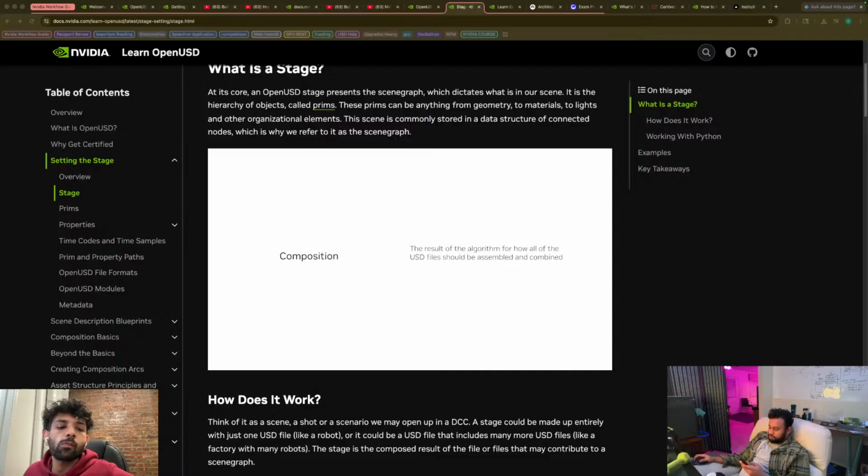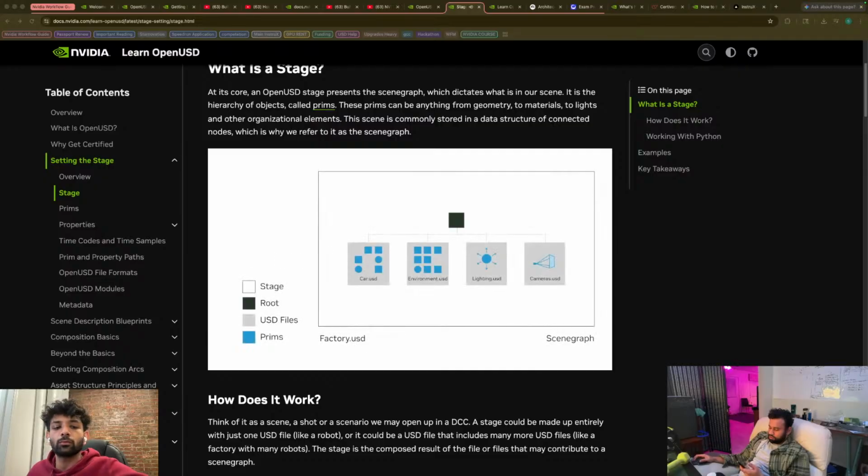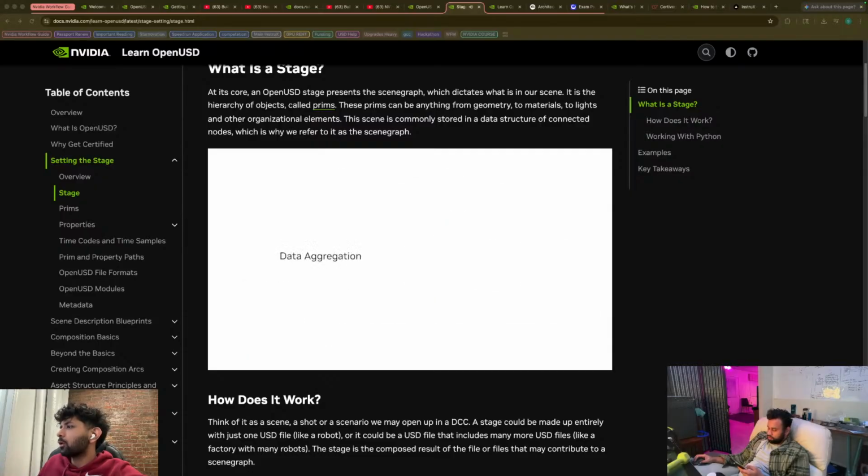We'll look at composition more closely later on. In this example, we have a stage which contains USD assets in the scene graph, like car.usd, environment.usd, lighting.usd, and cameras.usd. This organization is useful for aggregating data